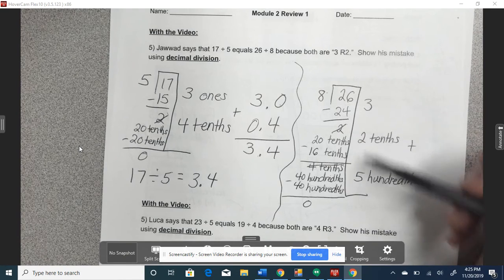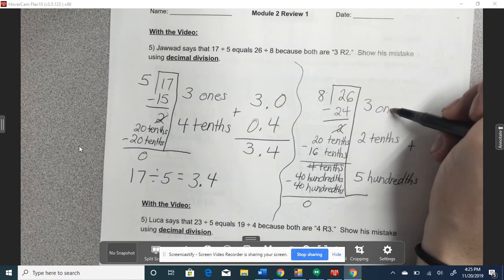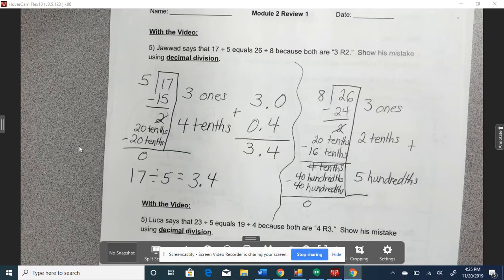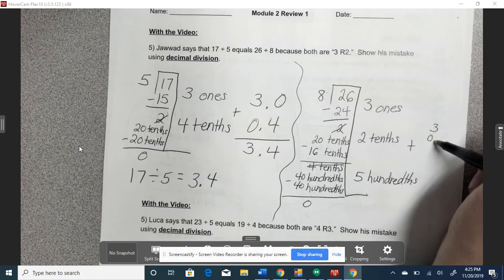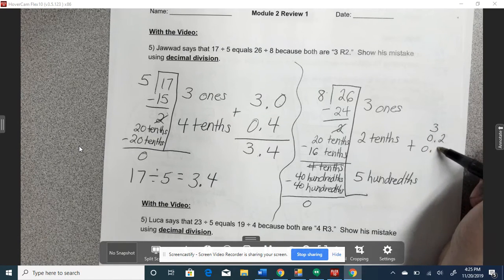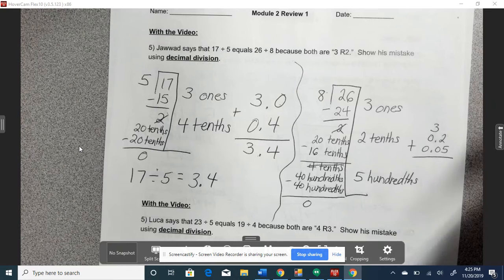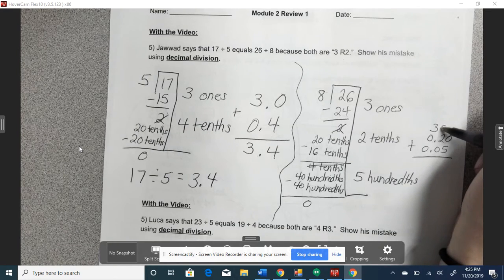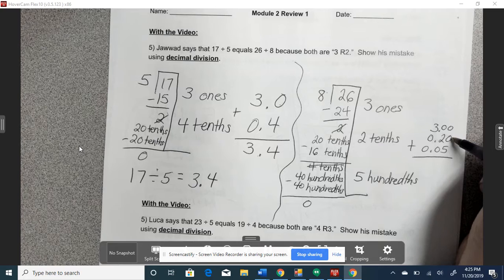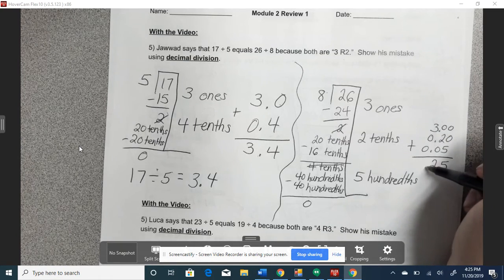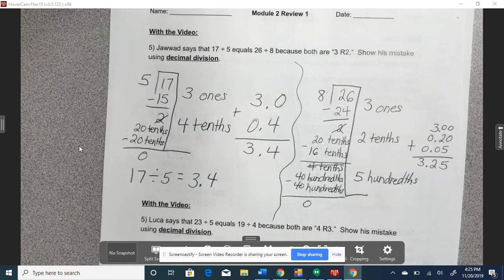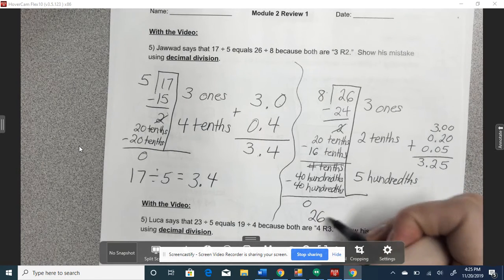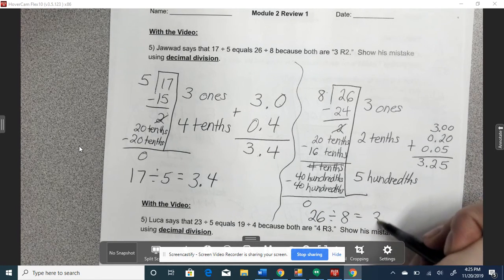But we can't just do 3 plus 2 plus 5, because this is really 3 ones plus 2 tenths plus 5 hundredths. So we're going to put that in standard form. That's 3 plus 2 tenths plus 5 hundredths. Wherever there's a space, I'm going to put a 0. 0 plus 5 is 5 hundredths. 0 plus 2 tenths plus 0 is 2 tenths. Decimal point always goes to the left of the tenths place. 3 plus 0 is 3. So 26 divided by 8 equals 3 and